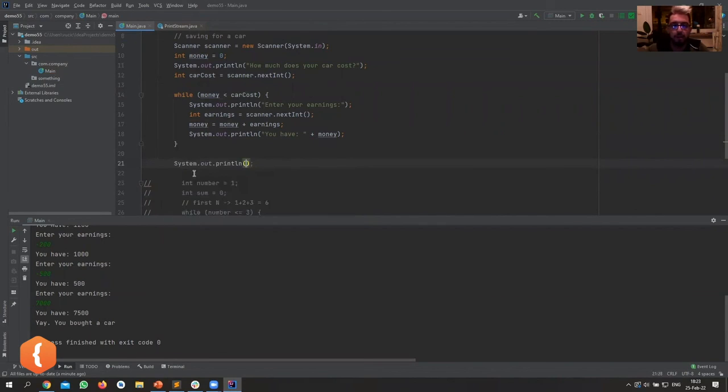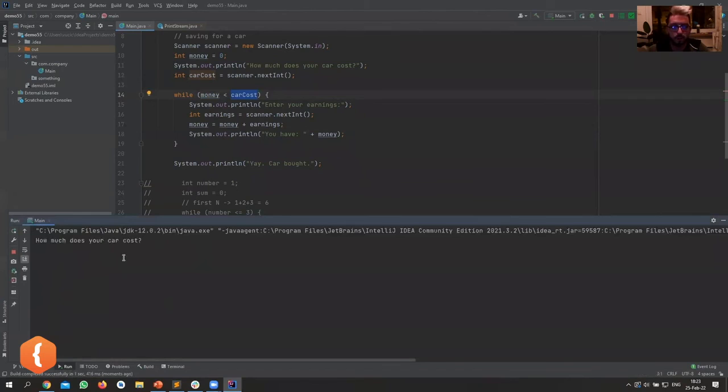And now at the end here, we can say, yeah, you bought a car. Car bought. Okay. Do you guys understand how this is literally the same as the last thing? Because now, instead of having a variable and changing that variable in some if statement, we can just simply check what's money and car cost, what's their relation every time, right? Because we're still increasing money, car costs stay the same. So if we run this now,